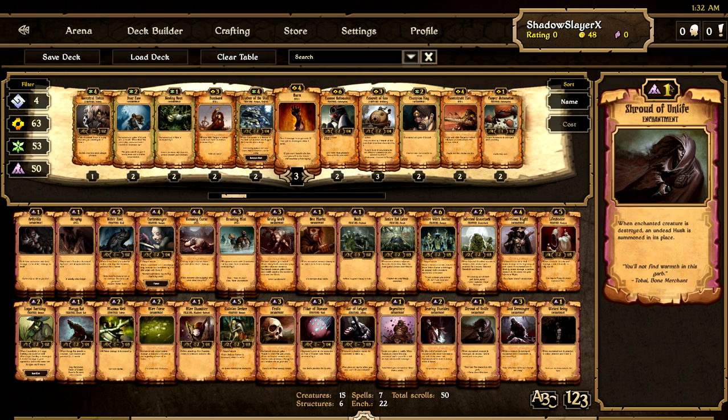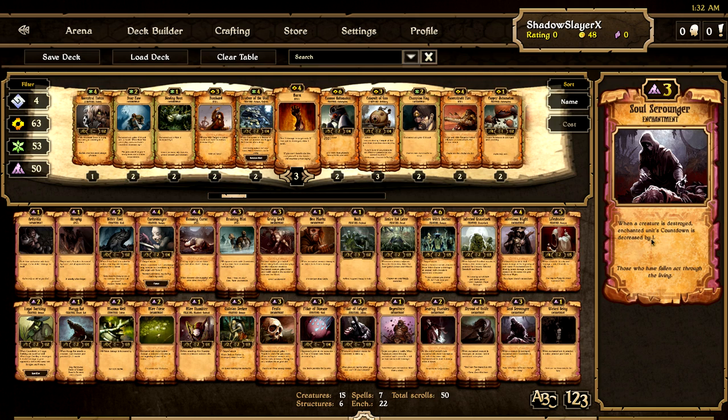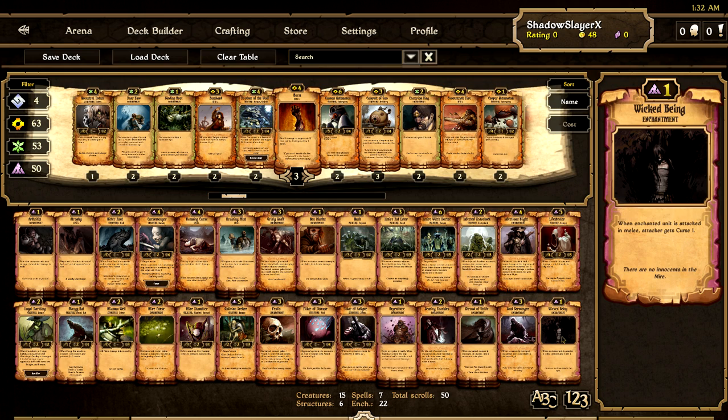The Shroud of Unlife. Ooh, it only cost 1. When enchanted creature is destroyed, an undead husk is sown in its place. So that's kind of like the Illthorn Seed for the growth deck. Alright, Soul Scrounger. It's an enchantment of 3 cost. When a creature is destroyed, enchanted unit's countdown is decreased by 1. Oh, that pairs well with...